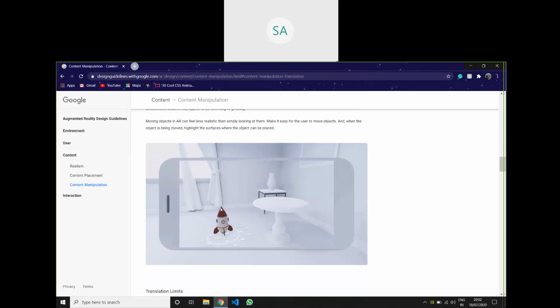It should be able to detect all the available surfaces for the object to be placed. And when we are moving it, it should not detect a plane again; it should already detect all the planes available in the scene. And it should be seamless when it is transitioning.